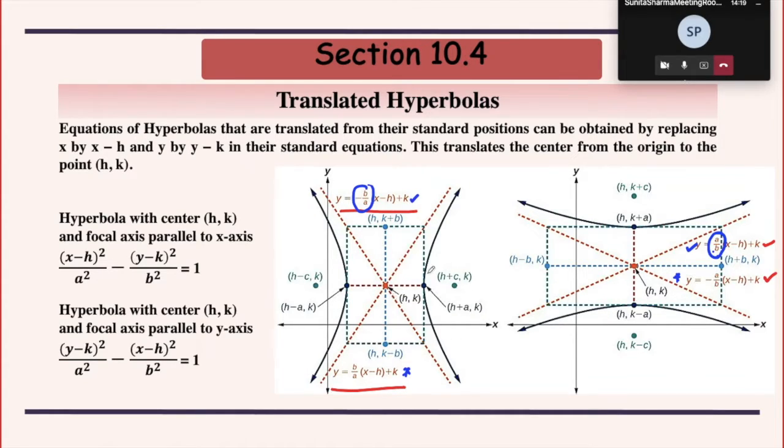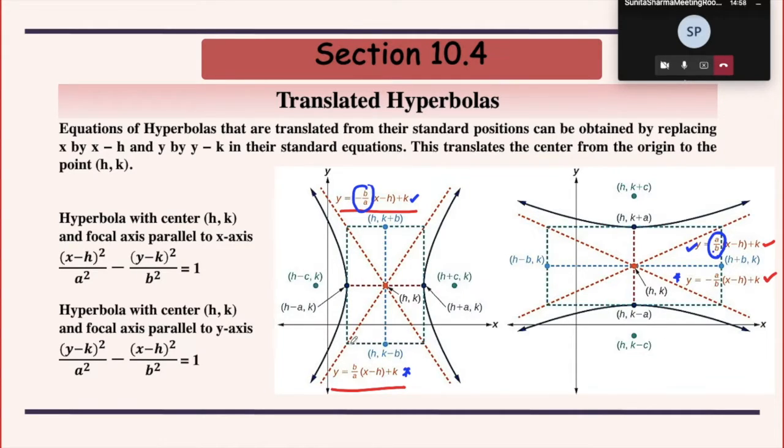Okay, so all these facts are clear. Is the diagram okay? You can see a is this length, so this point will have coordinates h plus a and k, and then this point will be h minus a and k. Focus is c units away from the center, so h plus c and h minus c. Then the other point which you need to complete your rectangle is b units above your center, so the y coordinate will be k plus b and k minus b. So this is how you can make your rectangle.